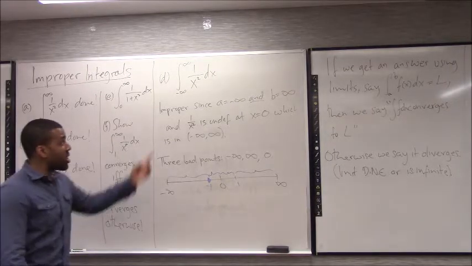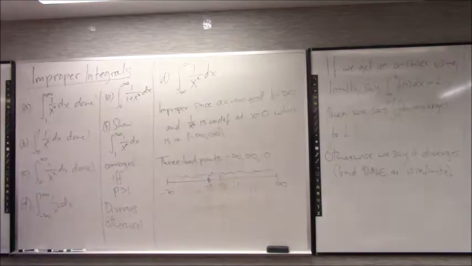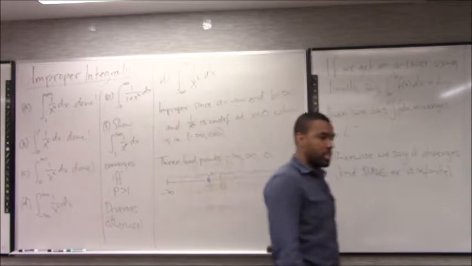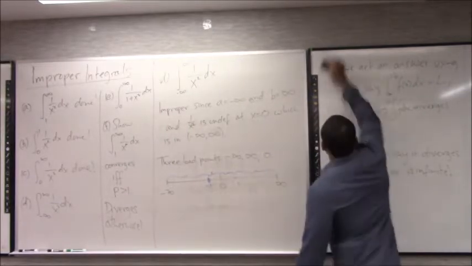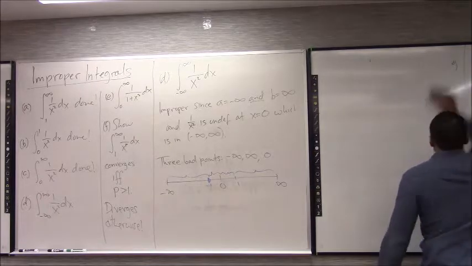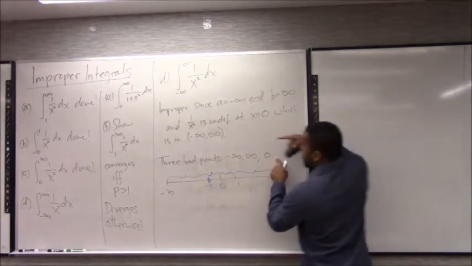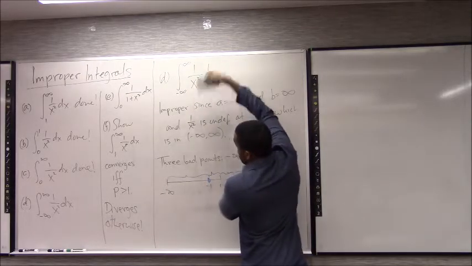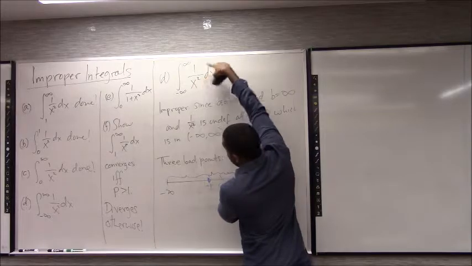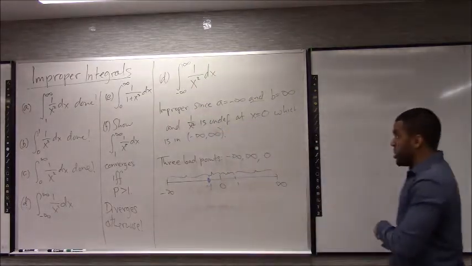So it turns out here, to break it up in the way that will work with our theory, will require us to actually break this guy into 4 integrals, right? To isolate 3 bad points, you'll need 4 integrals. You always need one more integral than the number of bad points there are. So that's the first step. First step is recognizing what the bad points are. So you need to check whether the upper or lower limit are infinities, and find where the function is undefined and make sure it's not in that interval. But in this case, we have 3 bad points.